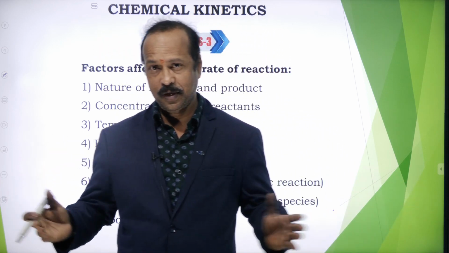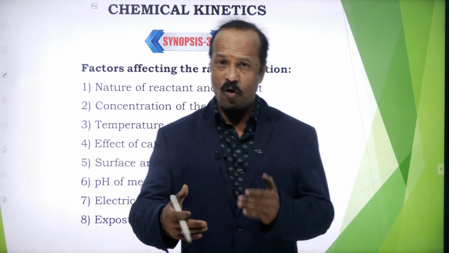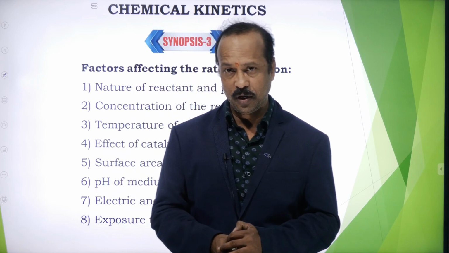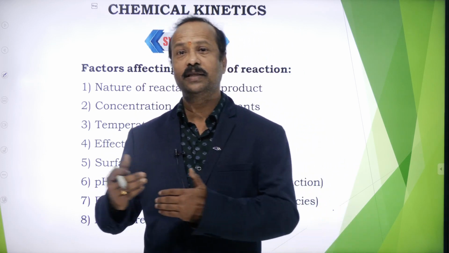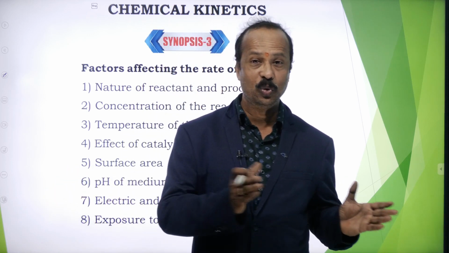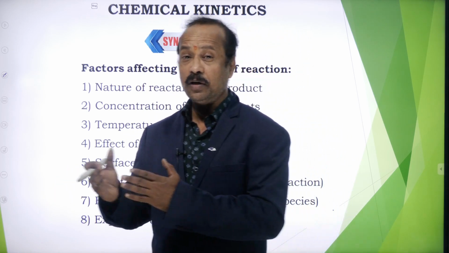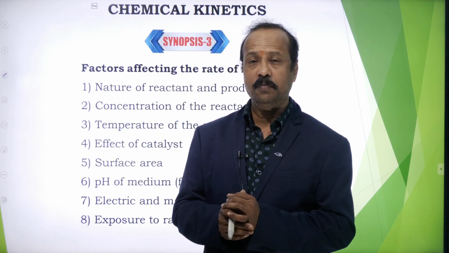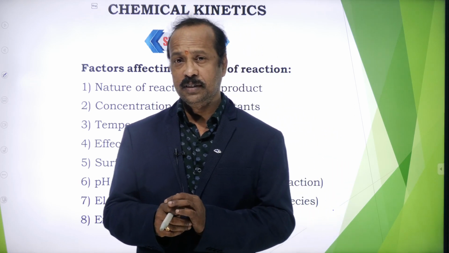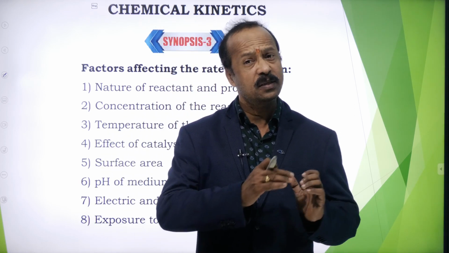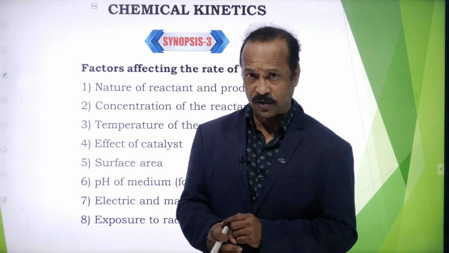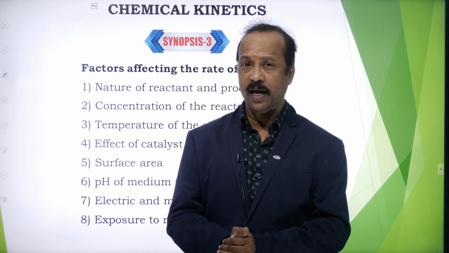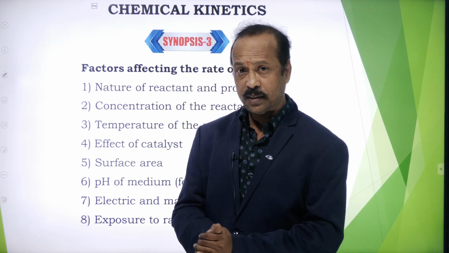Simply, if you would like to say how fast the reaction takes place, that's called rate of reaction. In the previous classes we discussed three types of reactions: fast reactions, slow reactions, and moderate reactions, and we also discussed the Arrhenius theory and so on. In this topic, we are going to discuss on what factors the rate of reaction, or simply the speed of reaction, depends. There are so many factors on which the rate of reaction depends, so here are some important